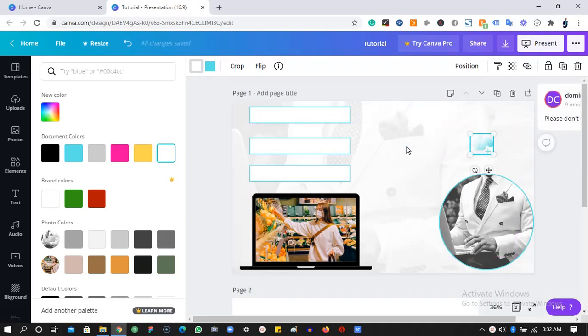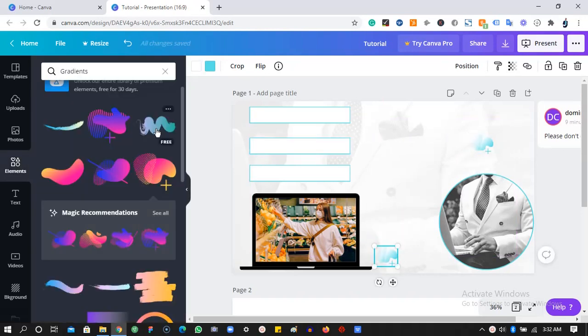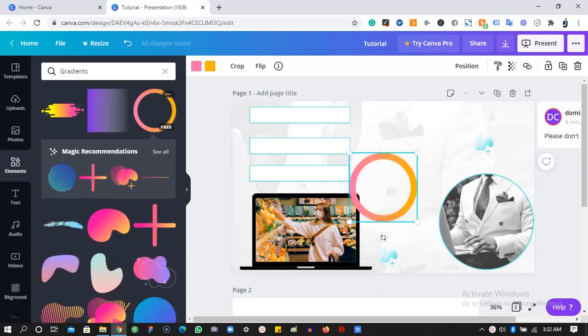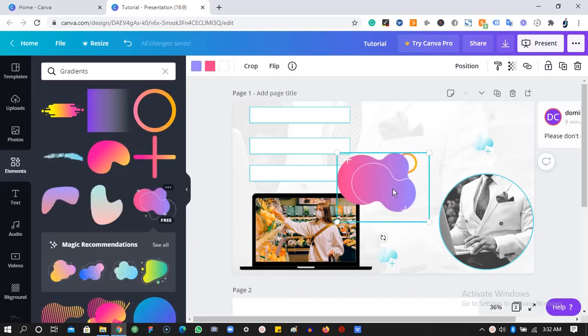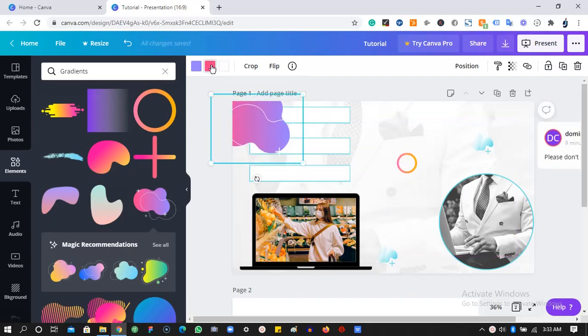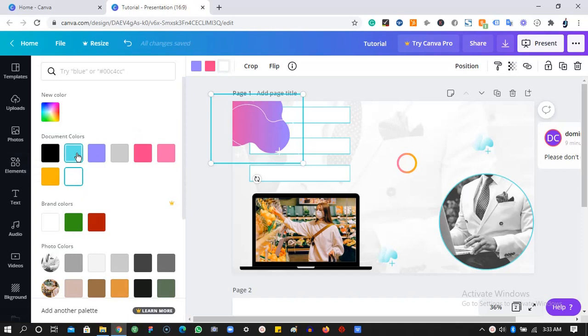Then I can duplicate and put this right here if I want to, or I can get something else and have it right here, and then maybe this to the edge, and I'm gonna change this one now to this, and this to white,